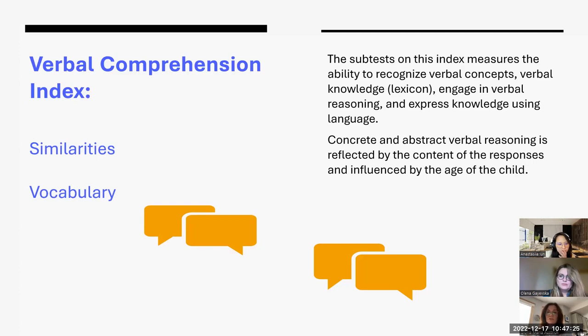Vocabulary subtest is very straightforward, and basically it's just asking a person to define words. And here we get to see how they organize their ideas, how they're able to express their reasoning or their thinking to a listener. In this subtest in particular, you see that either a child is going to give really short answers and require a lot of cueing to elaborate, or the person is going to be able to present a response that's very complete.